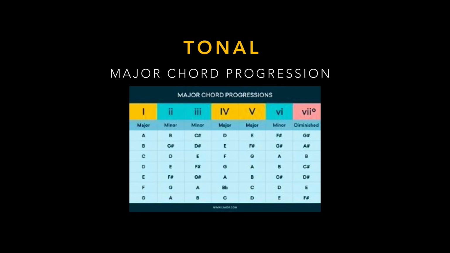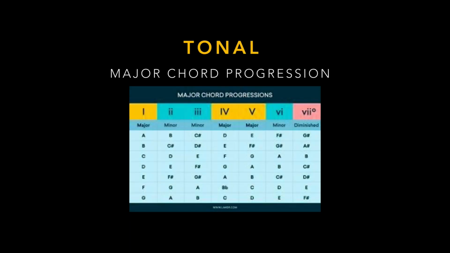Let's take the major chord progressions. So vertically, we are looking at all the different keys. This is the home key. And then horizontally, we're looking at the progression. So let's start with C. And what I'm going to do is I'm going to play a little game. I'm going to start on C and then pick various keys. So let's make this one really simple. I'm going to start with C major,